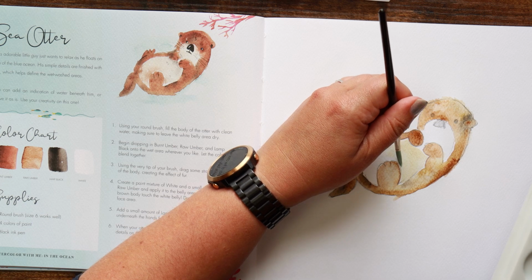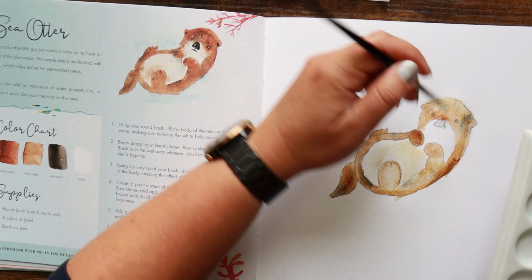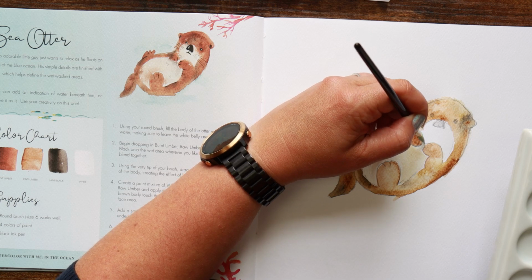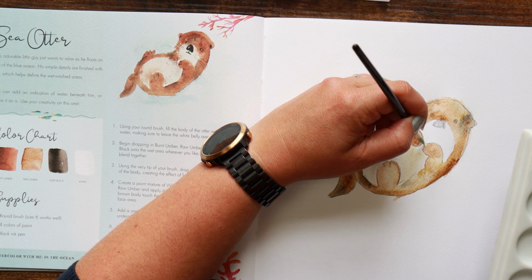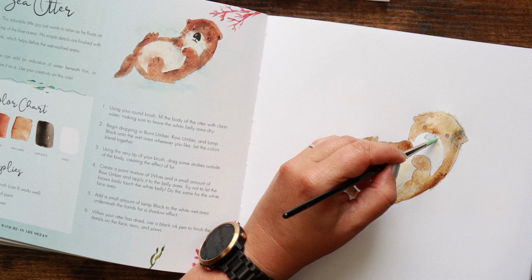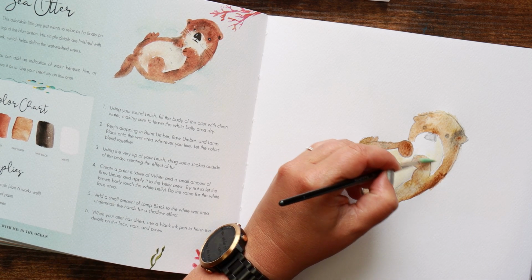Trying to use my best precision here. How am I supposed to get up in between those paws? With a great deal of patience and skill, clearly. Okay, it says to do the same with the face as well. So yeah. Oh no, I just...